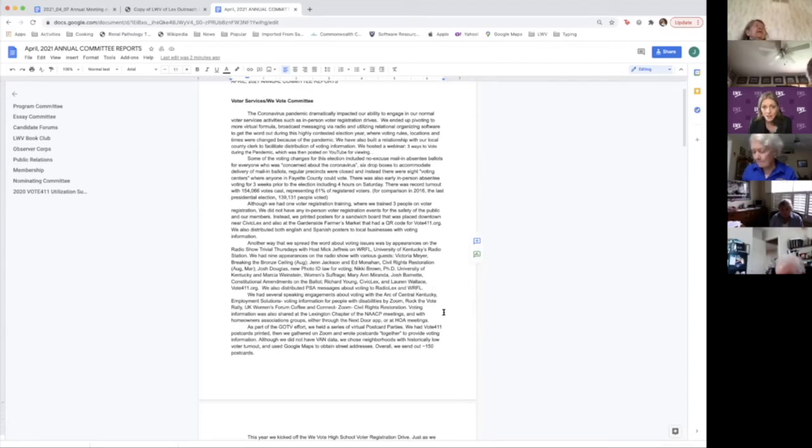It wasn't a big push last year because it was sort of waived because of the coronavirus pandemic, but we have basically a year and a half until the next election. And so now is the time that we need to be educating people about what the requirements are going to be under this new law, and make sure that they have the resources to be able to get that ID, so they can vote.